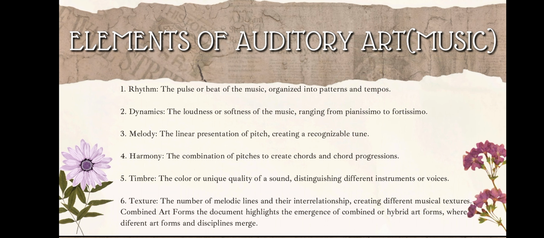So fifth, texture. Texture in music is the way different melodic and harmonic lines are combined, creating the overall sound of a piece. It's like the arrangement of different instruments or voices, creating a sense of thickness or thinness. A solo singer with a single melody has a thin texture, while a full orchestra with multiple instruments playing different melodies creates a thick,